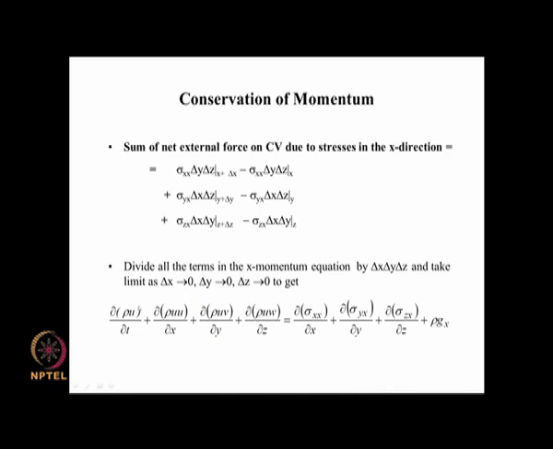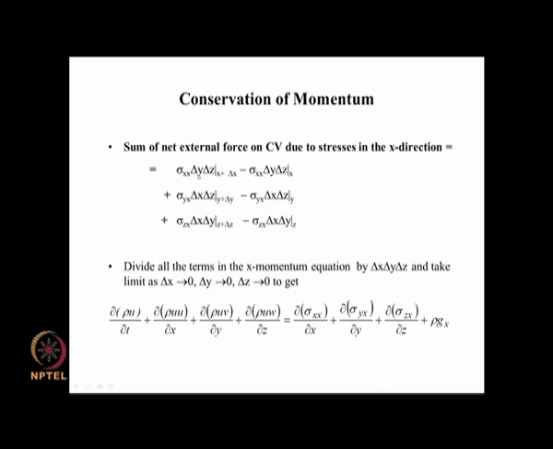So, these are the net x momentum flow rate in when they are on the right hand side. On the left hand side, when they are brought in, this is the net x momentum flow rate out of the control volume. Okay. Now,